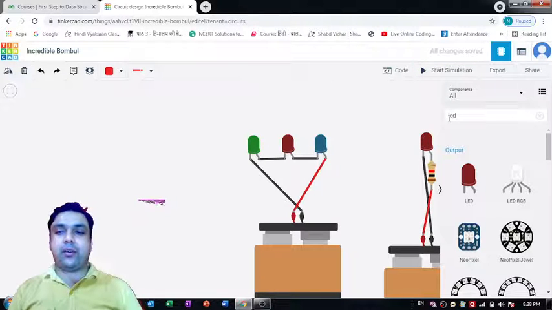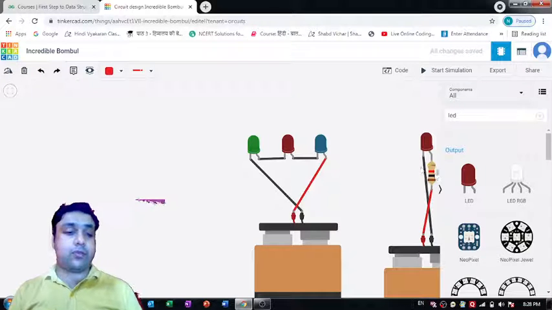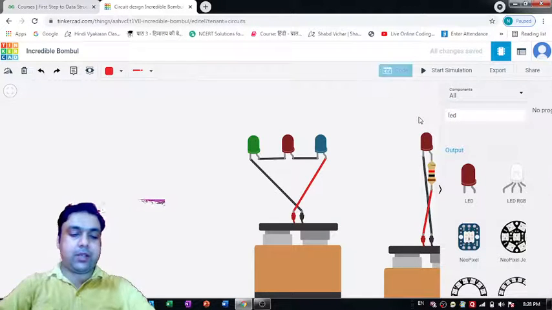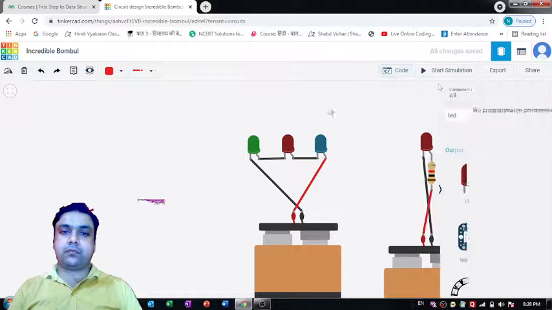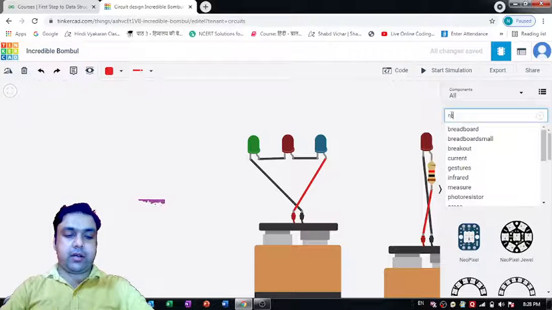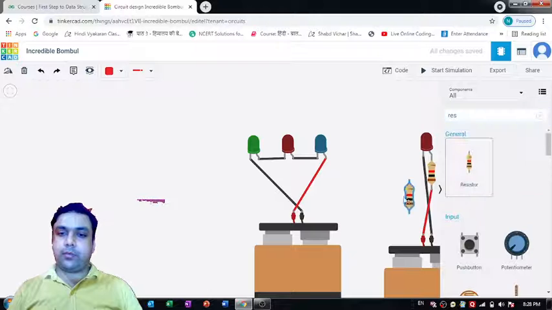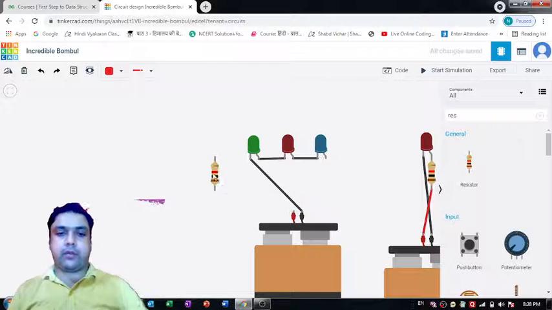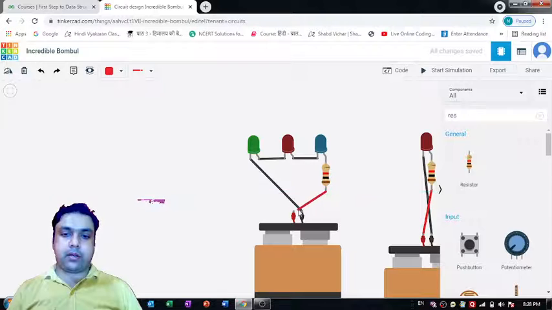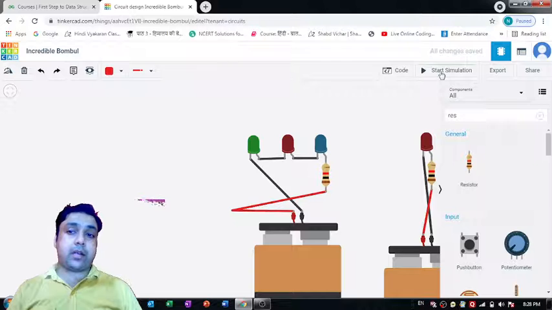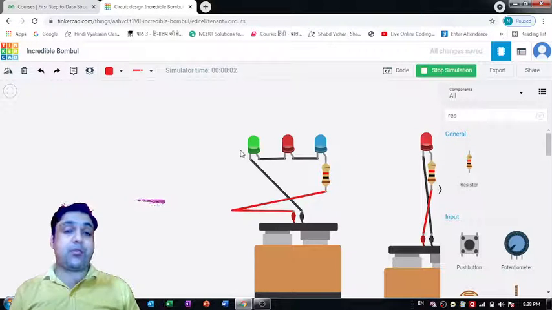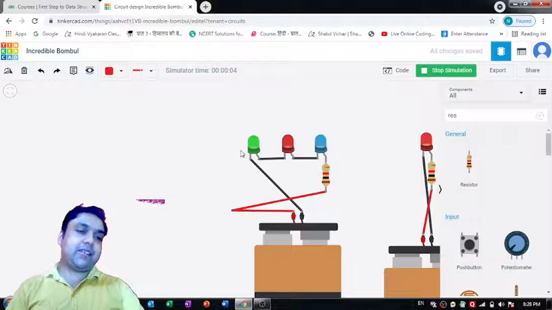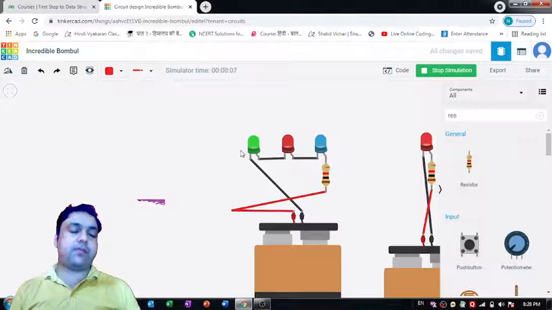So what we can do, the way we connected a resistance to the circuit, in the same way we can bring a resistor in this scenario. That's the one. I can bring it like this, and let's eliminate this wire from here, and I'm putting it like this, and we can simply connect it with this, right? Okay, now if I start the simulation, I'm able to see the LEDs glowing, right? So that's how you can create a series circuit.